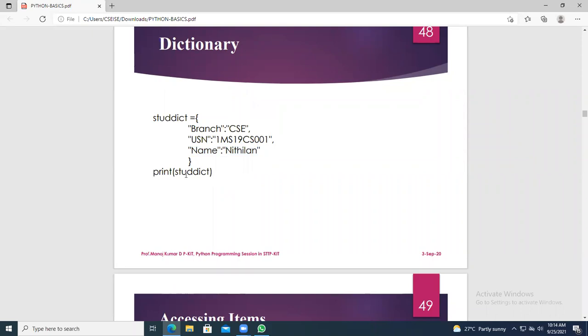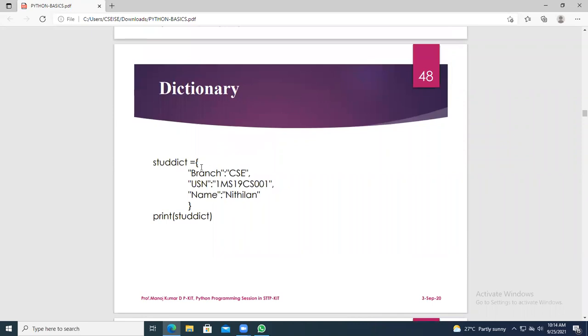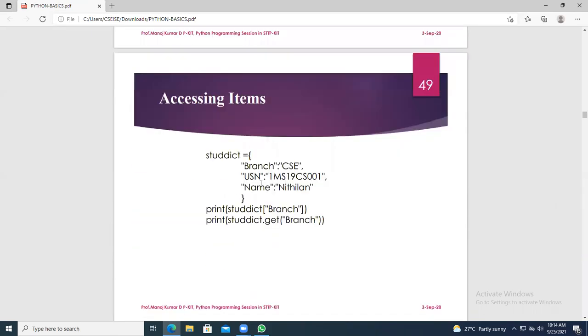And finally, you are printing that particular thing. Now you need to print the values. To print the entire dictionary contents, just go with a print of the dictionary variable. It will print each and every key-value pair. Suppose you need only the branch to be printed, then you can go with std of branch.